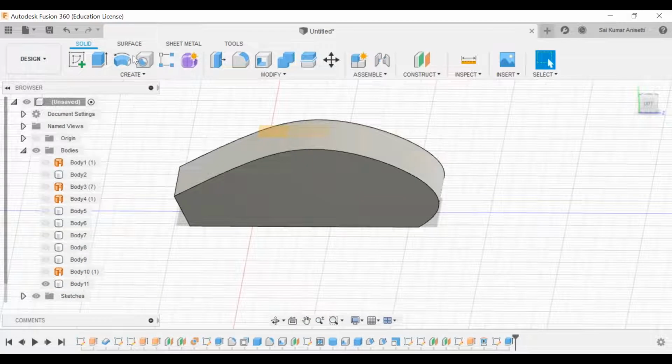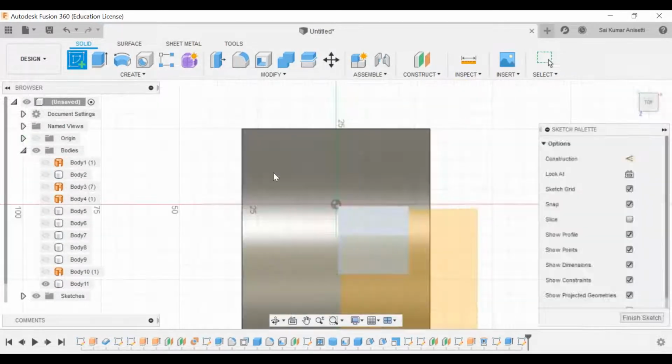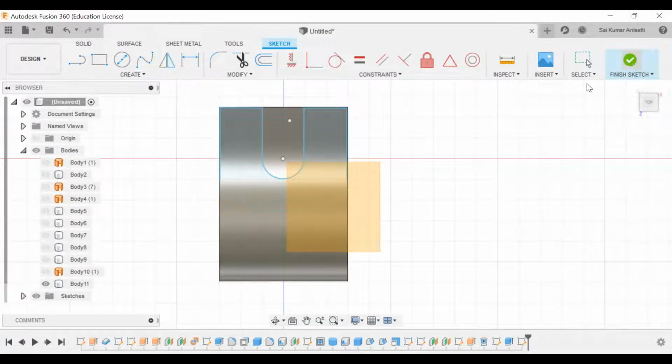Now again, I'll take a simple sketch, creating it at the bottom or on this face. I'm just making a random shape of a mouse. Press enter and finish my sketch.